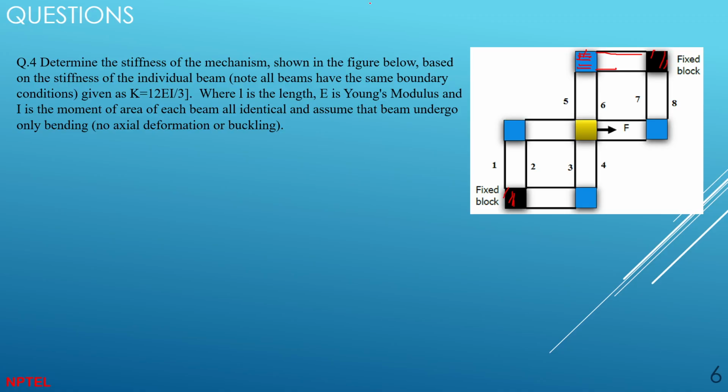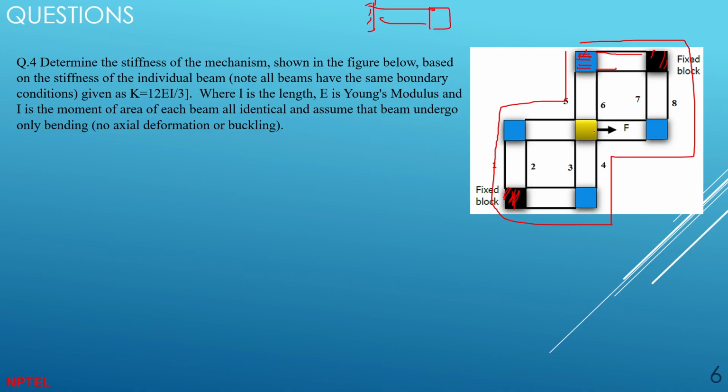You can see that multiple arrangements are made in a similar manner, kind of squares. Two squares are combined like this. These are the fixed blocks. The dark ones are the fixed blocks, and you are applying